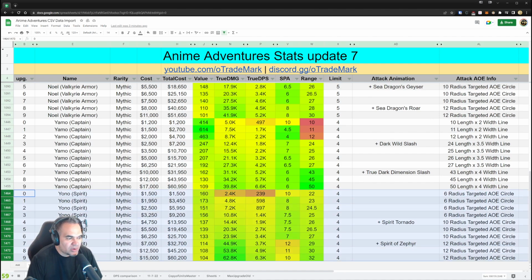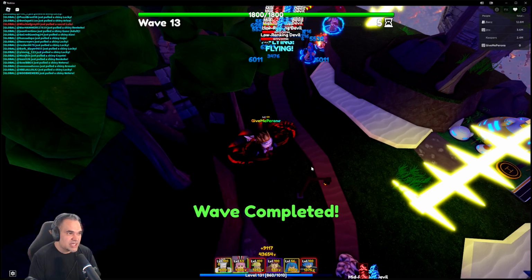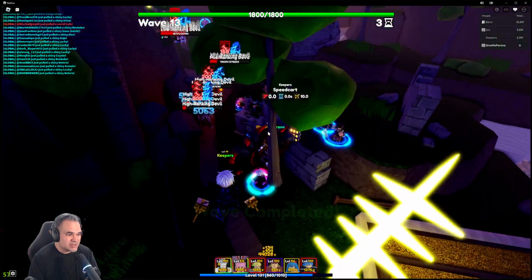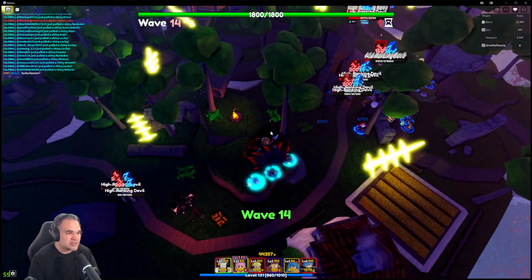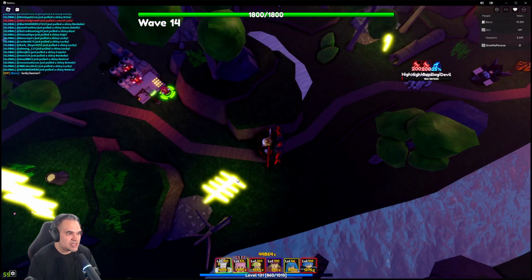Now, Yuno is the only heal unit in this update. And the cool thing about Yuno is that, I keep saying Yuno, apologies, tired. Yuno is actually a great unit all around. He has good range, a good AoE circle, good damage, and best of all, he is a heal unit. He is comparable to Erza Lightning, but here's the thing. He's actually going to be better than Erza Lightning, because once you unlock his relic...